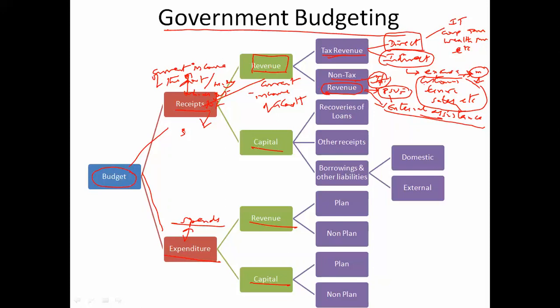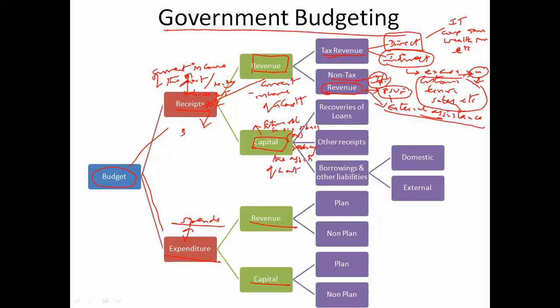Now coming to capital receipts. Here government is receiving money, but it is either leading to future obligation to pay it back, or it is reducing the assets